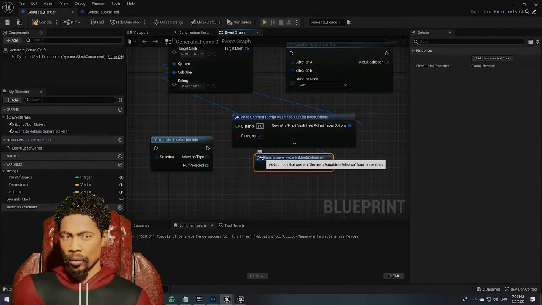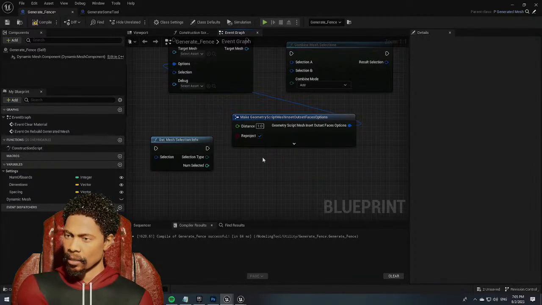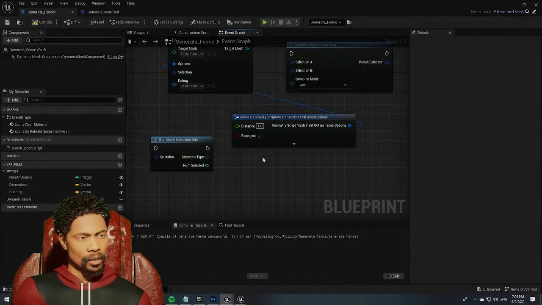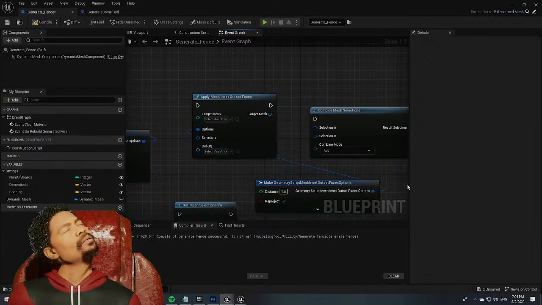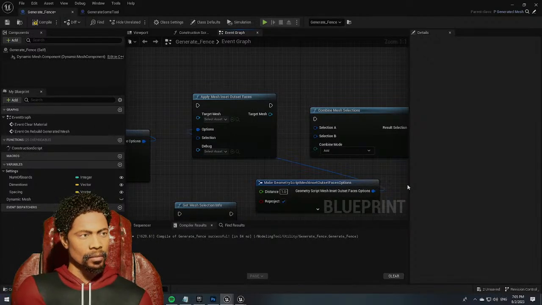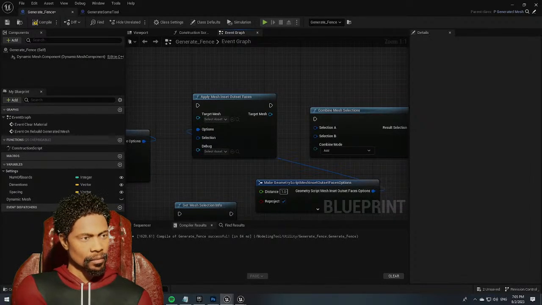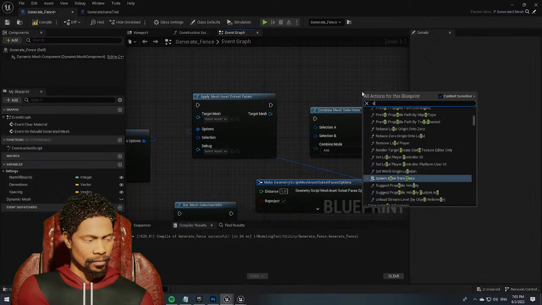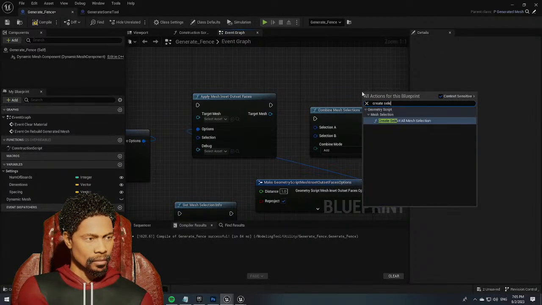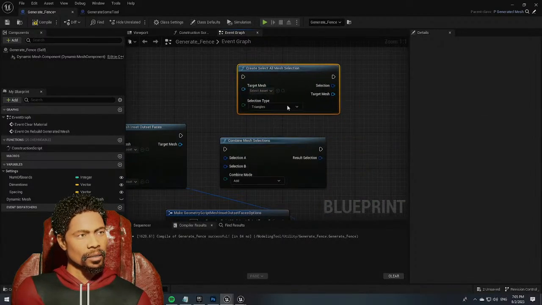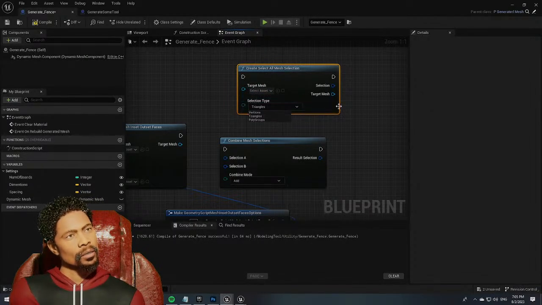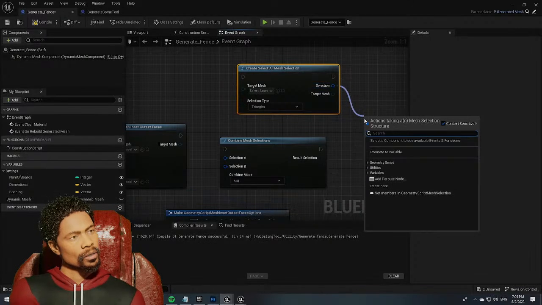I want to know where this mesh selection is coming from, though. I want to actually be able to create one of these. Great, select all. Triangle mesh, I mean target mesh. There's triangle, polygon. Okay, and give us a selection which